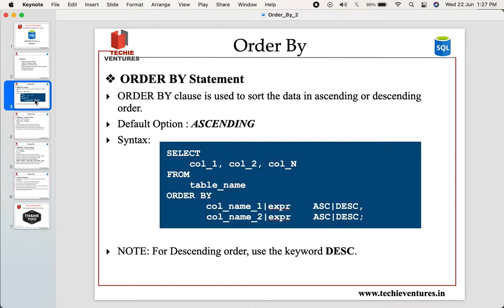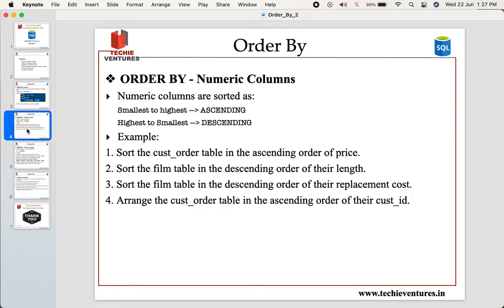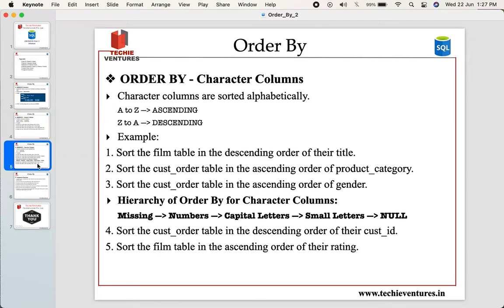Now, in the previous video, we have talked about the syntax of order by, how you place the syntax, and the default option is ascending. In case you want to sort the data in the descending order, you must use the keyword descending. Then we discussed order by numeric columns, where numeric values sorted from smallest to highest are ascending, and the reverse, highest to smallest, is descending. Next, we also discussed character columns, where ascending is from A to Z and descending is